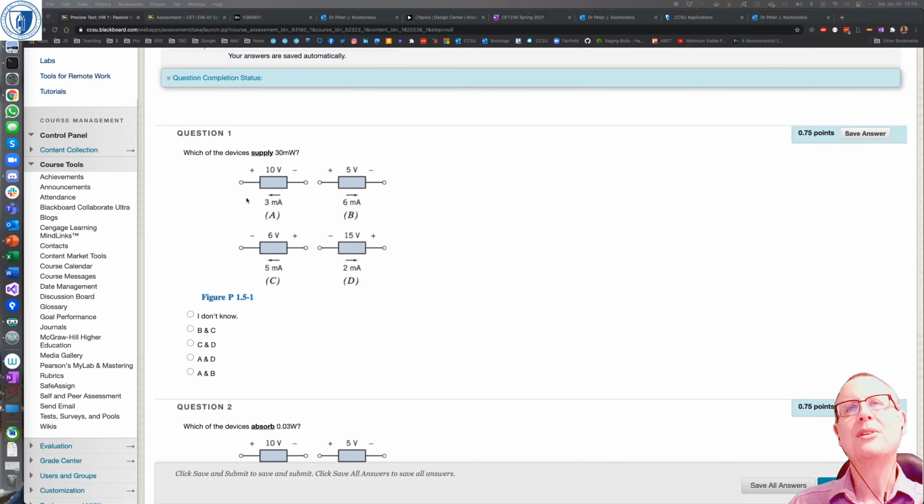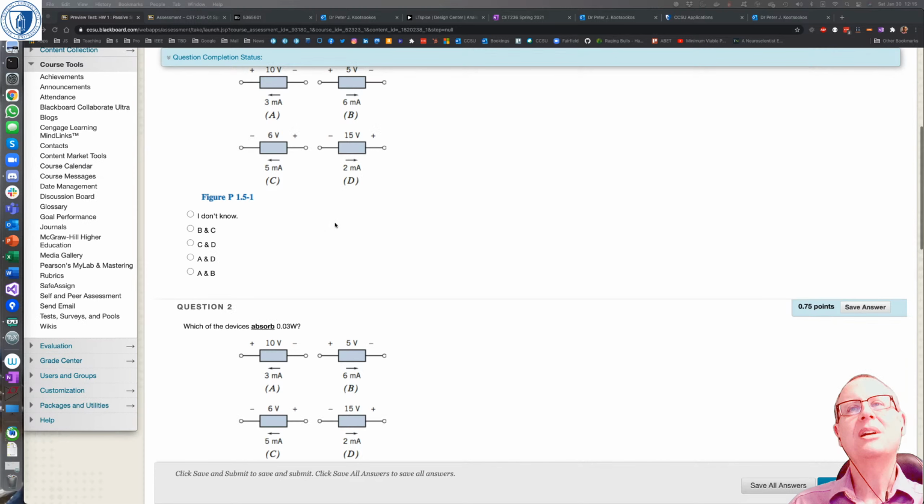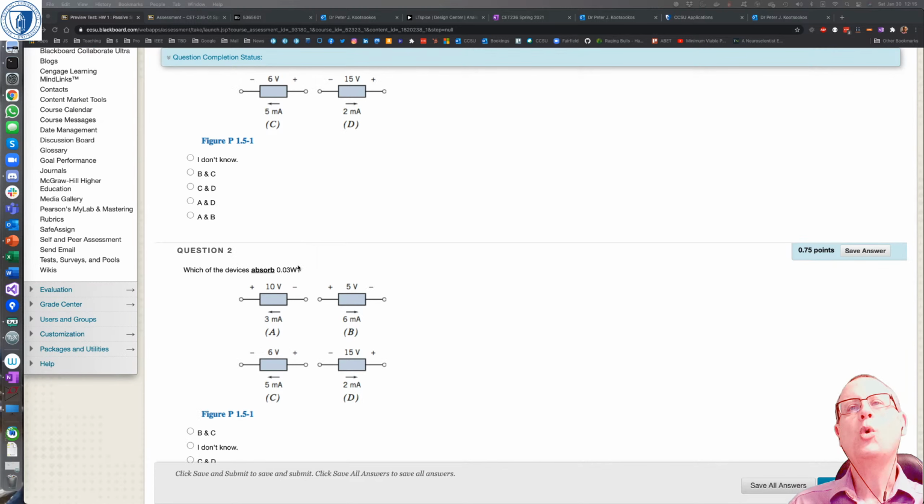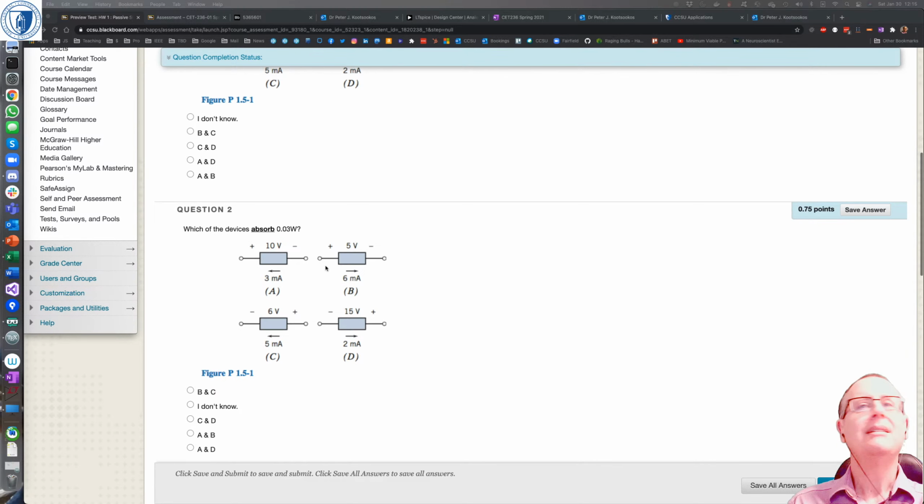And all the others are pretty much the same. Absorbing is the other way. Received is, this is about device B, so we need to figure out what the scale and what the sign is, and then what's the power delivered by device B. Again, we need to get the scale and the sign right, and what's the power delivered by device D, and again we've got to get the scale and the sign right.